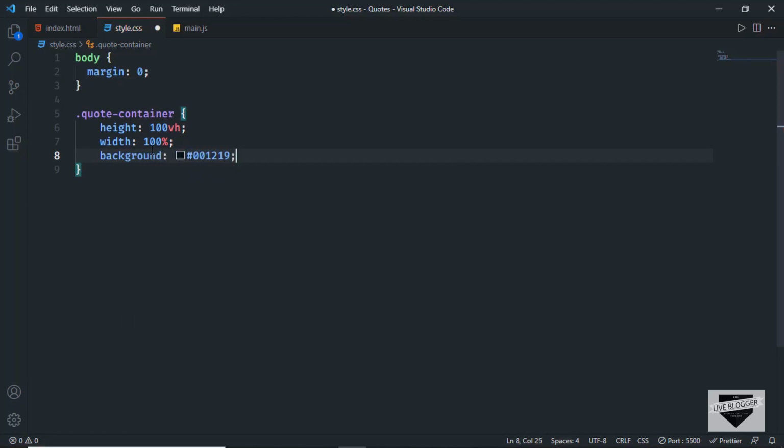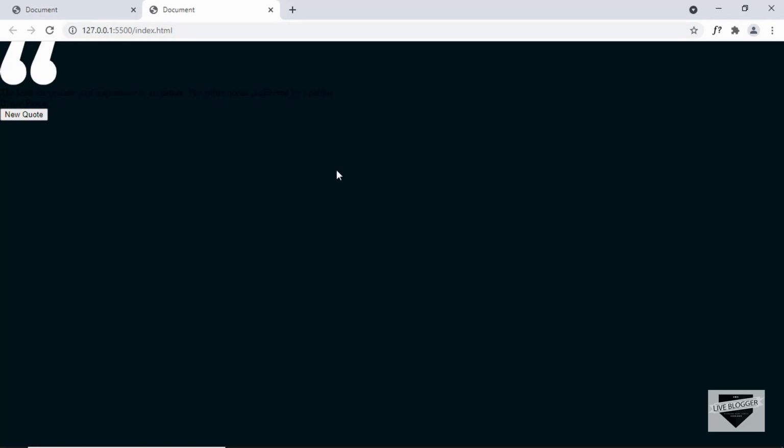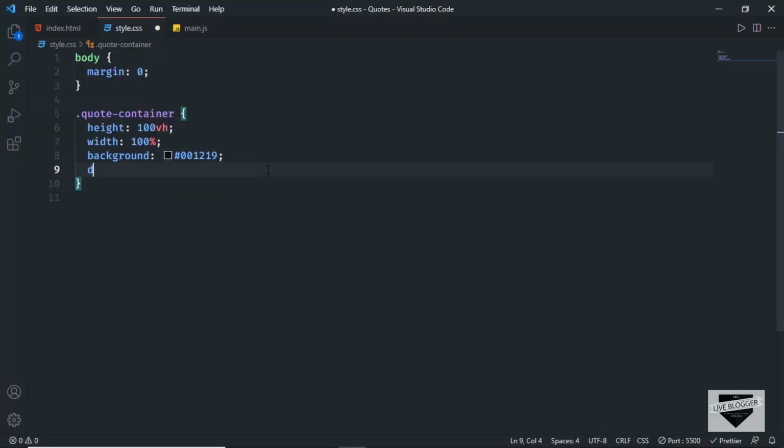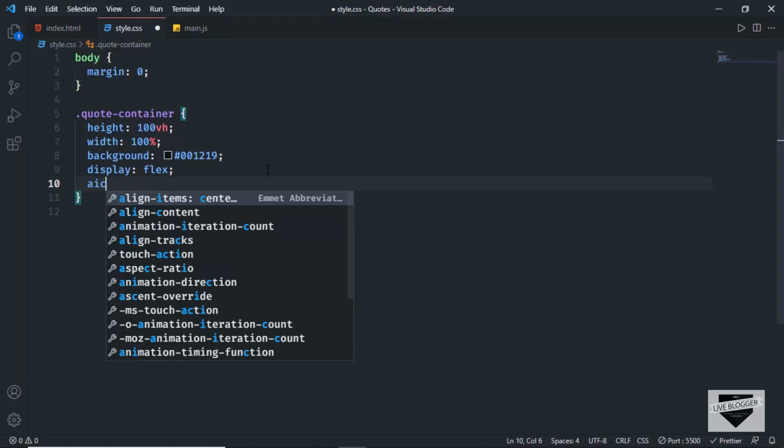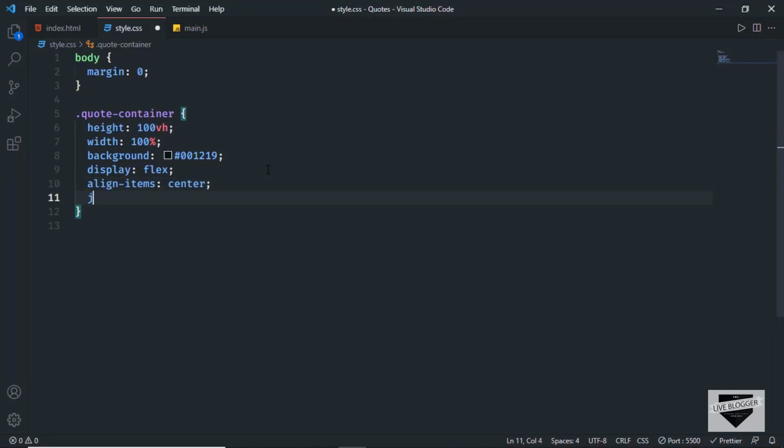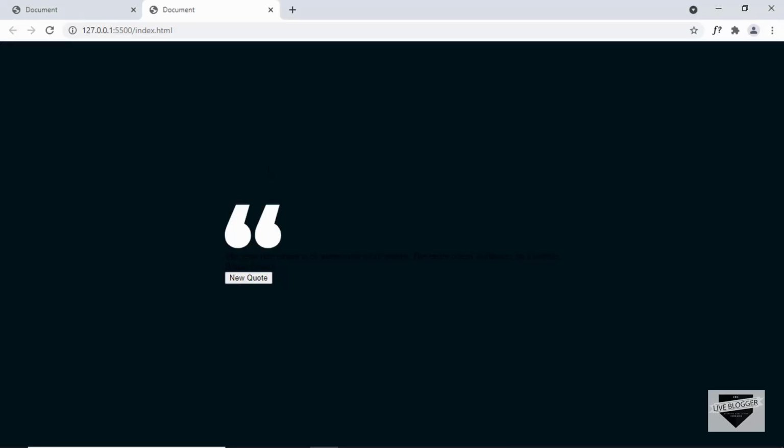001219. Right now let's bring everything to the center. So let's type display of flex, and we'll align items to the center and also justify content to the center. And now we can see all this content is in the center, and we'll also set the font family to